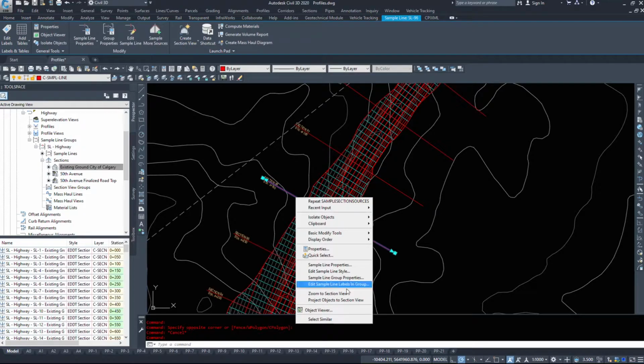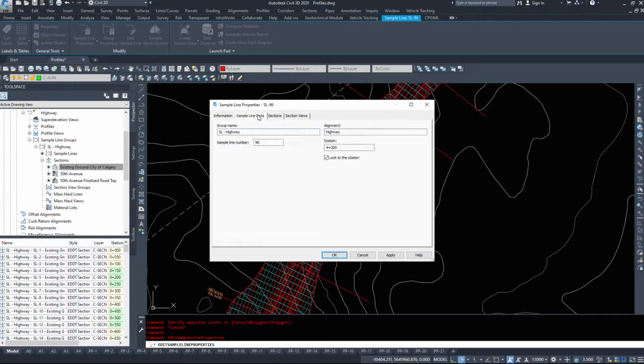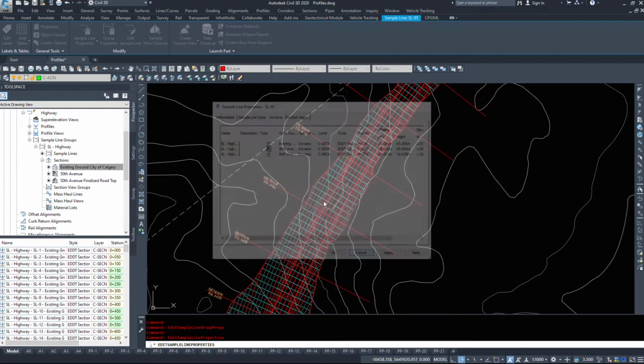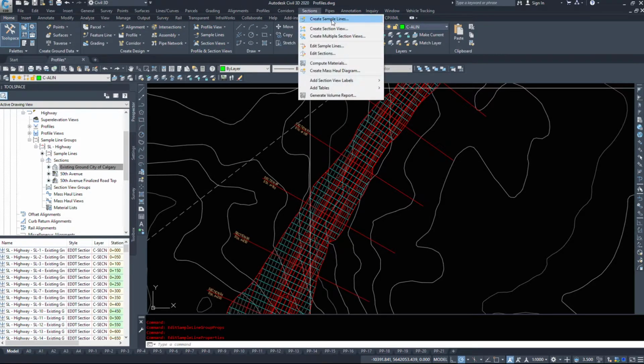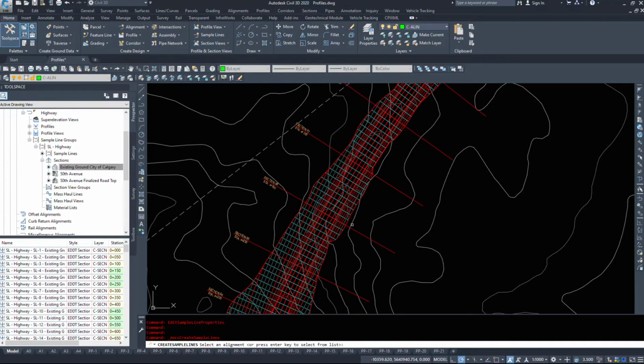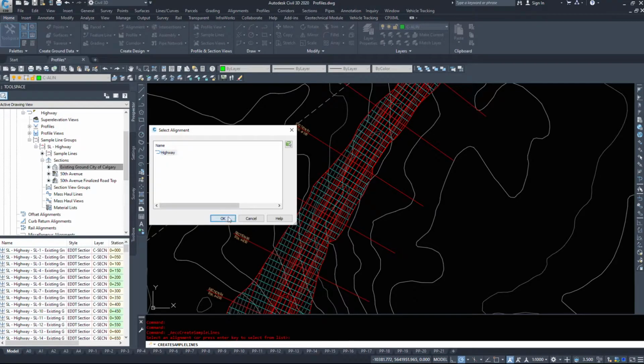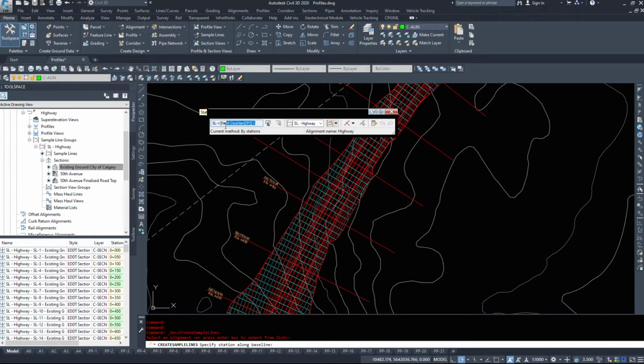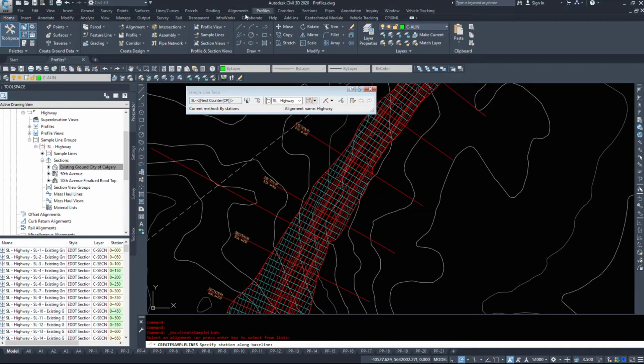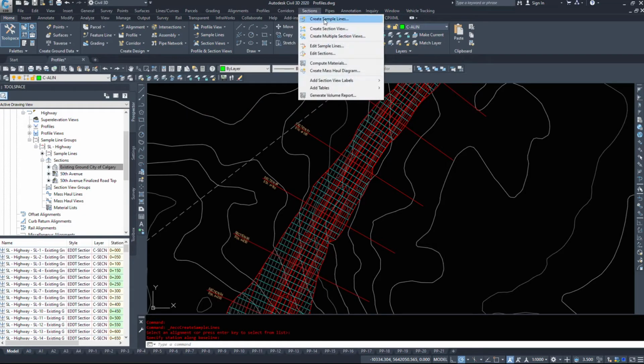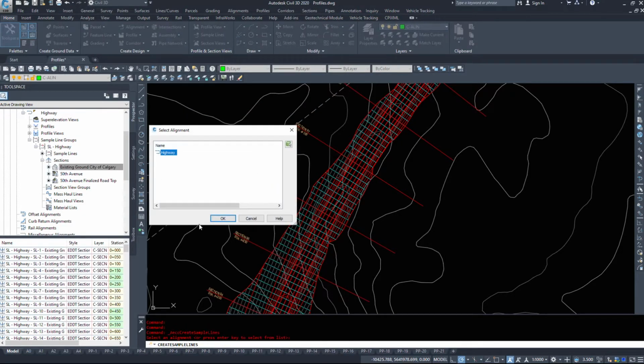If we go to sample line properties, I believe, sample line data, and actually I don't think you can add any additional ones in if you hit escape after the command, so you have to go and create more sample lines. And I don't think we can do the same command here. So we'll have to reopen the sample line dialog box. So sections, create sample lines, hit enter on the highway,